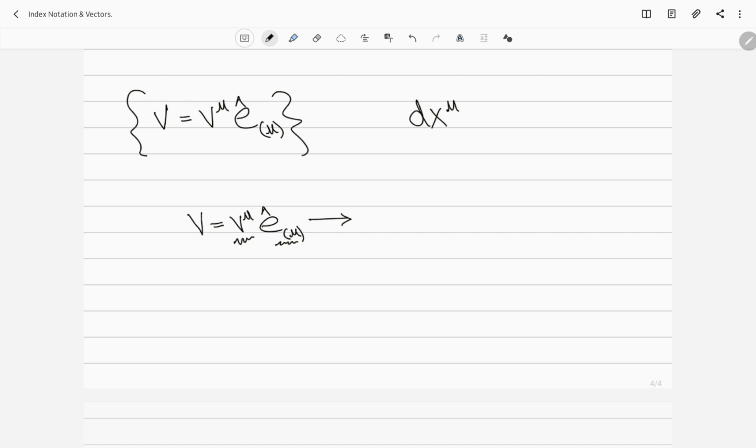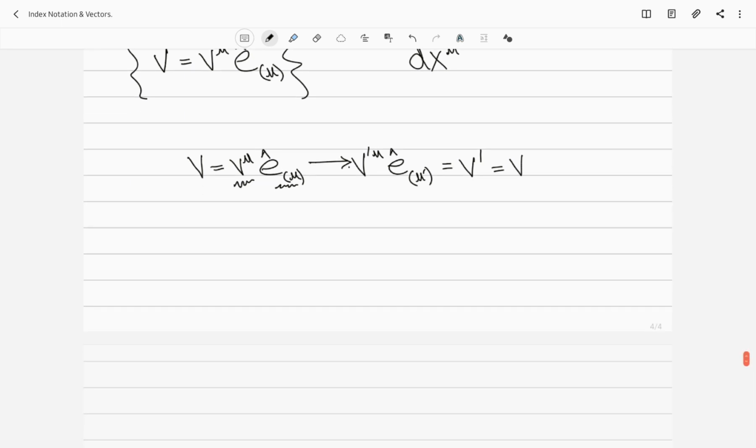This transforms as v prime mu e hat mu prime, which is equal to v. The vector itself should be invariant. Now if we have v mu prime is equal to some transformation object, mu prime nu, on v nu,